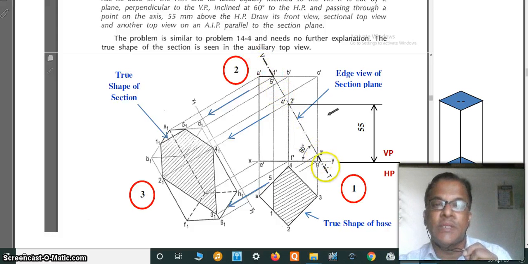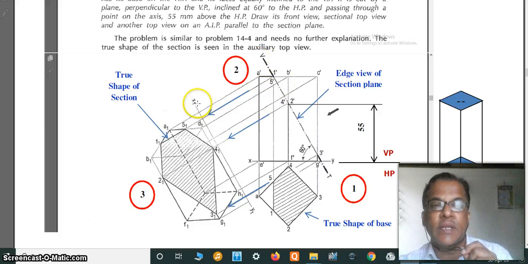So after numbering these 5 points, now these 5 points can be taken here first. 3 at this location, 2 at this location, 4 at this location. So this 5 is cutting the top, that is AB and AD. So for AB it is cutting at 1, then at AD it is cutting at 5. So 1 and 5. Now these 1, 2, 3, 4, 5 points are very important to find the true shape of the section. So how to find the true shape of the section?